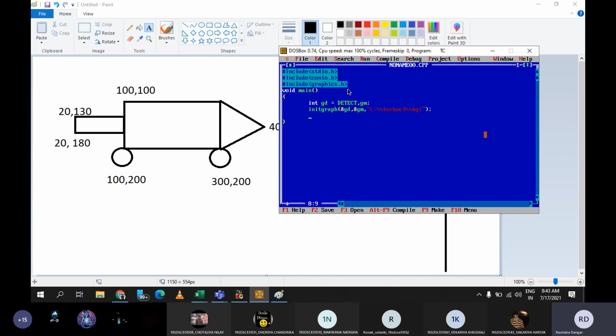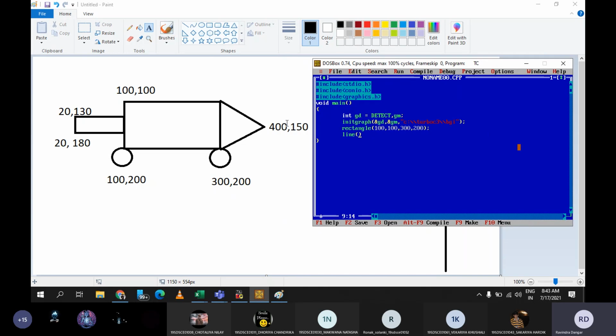Now let me draw one rectangle. Rectangle from 100, 100 to 300, 200. This is my rectangle. Then I want to draw a line from. Now I'm talking about this line. I want to draw a line from this point to this 400, 150.